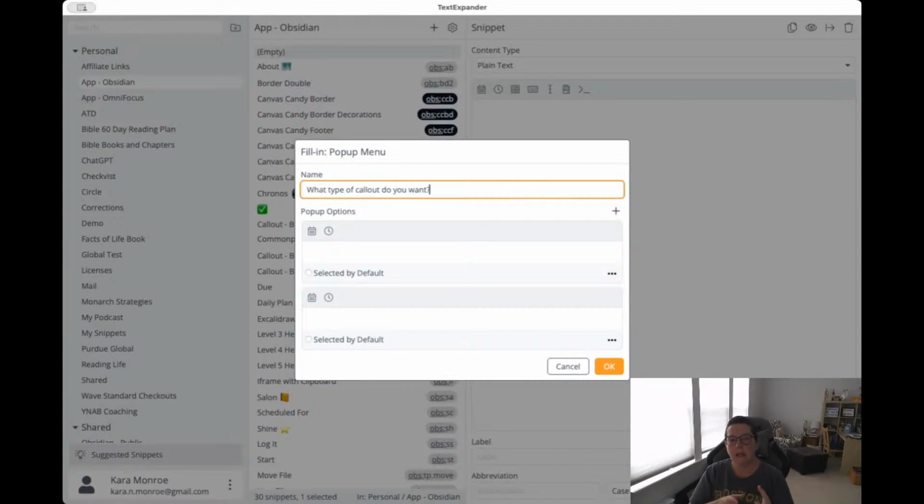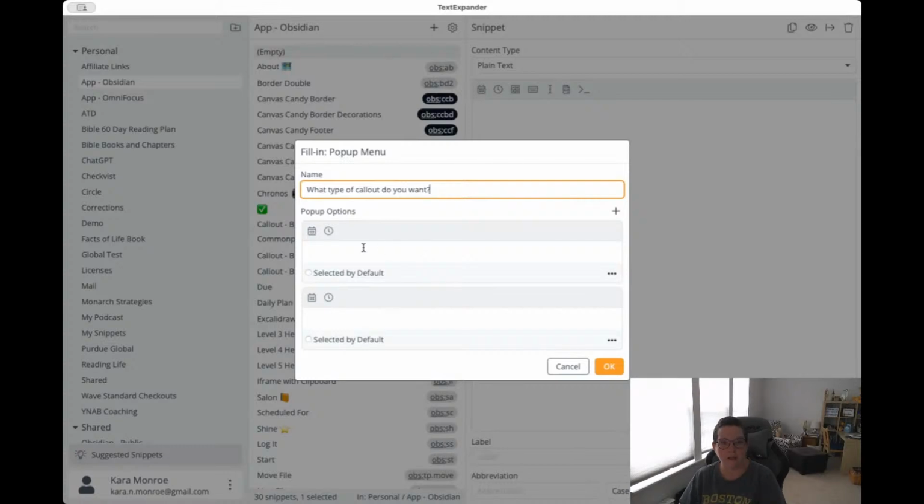The other reason that I like this particular format is that it is kind of allowing me to comment within my Text Expander snippet. There's not another way that I'm aware of, and I will admit that I have not looked this up in the help. So we might do that in a second to see if there's a way to comment these better. This is a nice way to comment what I'm doing too.